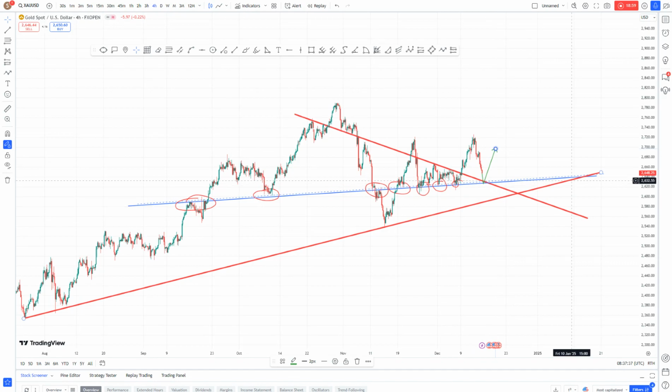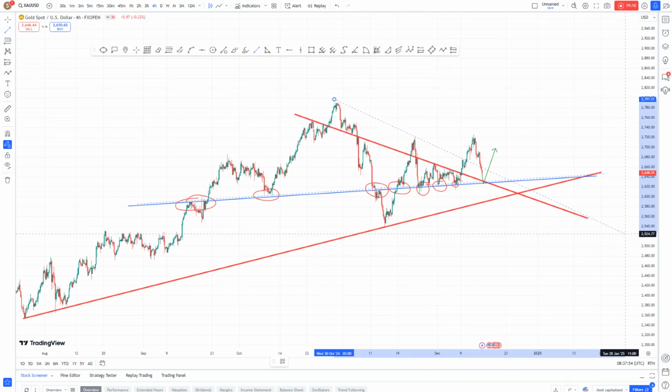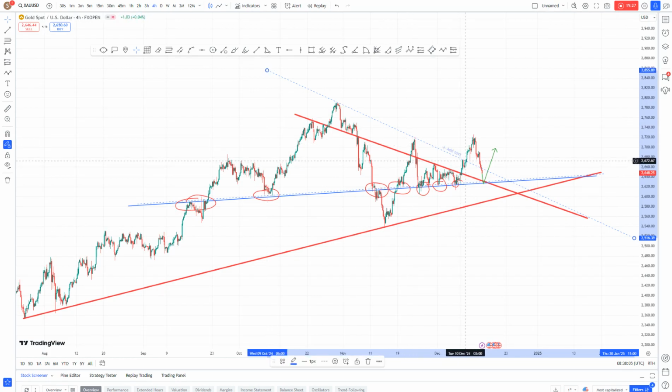So based on the structure and all the stories we have analyzed, this is what will happen. After we have broken the top layer resistance trend line, we have broken that. So we're no longer talking of that trade. That one is gone. So what we see that might likely happen is that price might come down now, since it has already shattered the descending trend line connecting 2,790 into 2,720 and attempted again 2,676. This is a beautiful descending trend line. So what will happen is that this trend line has been broken and it starts to represent support. The market might come down. If market comes down, it's going to retest 2,628. It might even extend up to